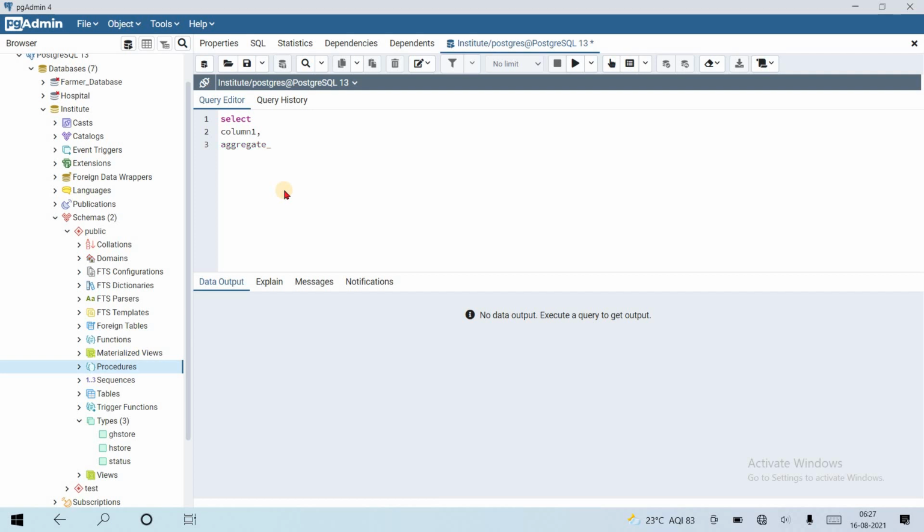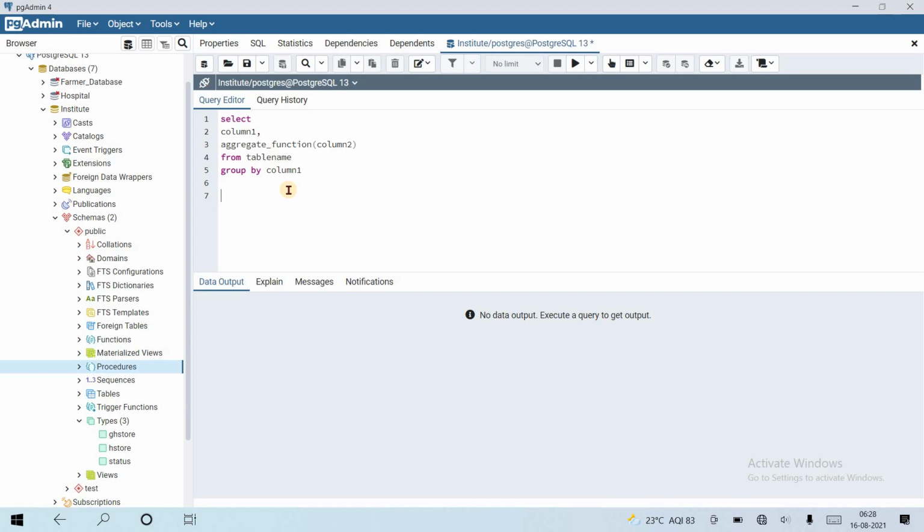Suppose an aggregate function, and inside the aggregate function another column, from table name, and this is important: group by column 1. That's it. Here, aggregate function is not an actual function; I am putting it just for reference so that you can understand. Aggregate function means sum, count, mean, like that. We can use such a function here also.